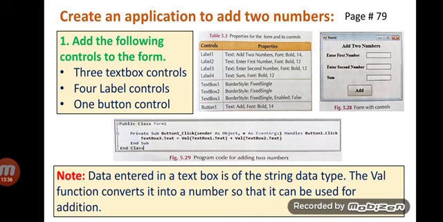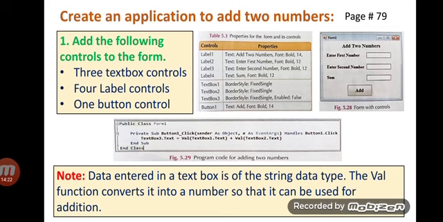And here you can see the Add button. When you click on the Add button, you will get the answer, and it will be shown in front of the sum label, in the text box. You will get the code in figure 5.29 by double clicking on the Add button, then you will have this area on the screen. This is the program code for adding two numbers. You will write in between the lines Private Sub and End Sub.